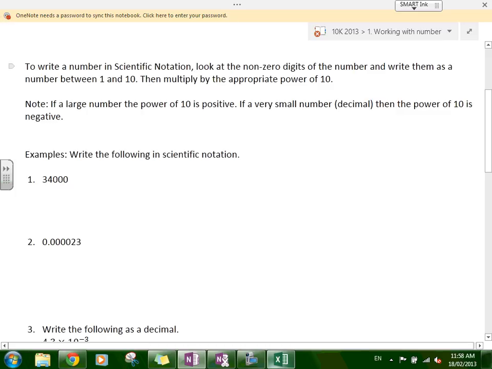So however many places you need to move your decimal place, you give that a power of 10. Okay, so if you have to move the decimal place from the decimal that you created 8 places, then it's going to be times 10 to the power of 8. So if it's 6 places, it's 10 to the power of 6. And to make a note of this,